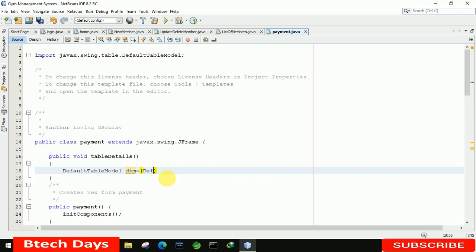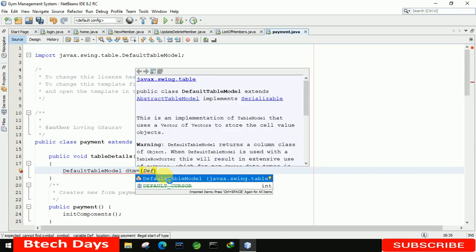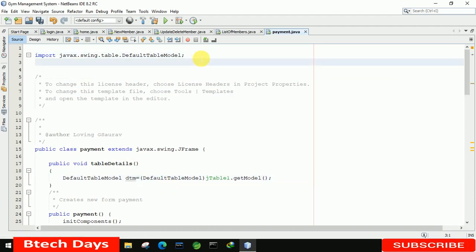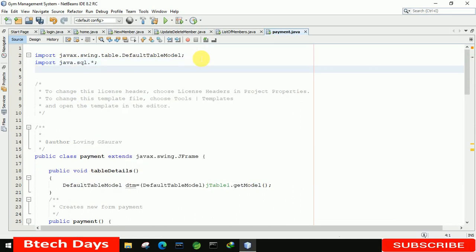default. Again, we have to call this DefaultTableModel. After that, we have to write jTable1 dot getModel. This one. Okay. One more thing, we also need to import here MySQL, java.sql.string, this one. After that, import the project package, this one, with the ConnectionProvider class.